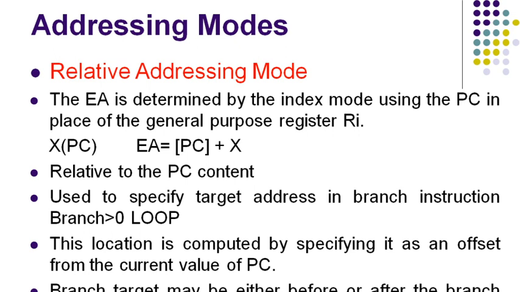Okay, assembly languages allow branch instructions to be written using labels to denote the branch targets. Loop is nothing but the label that is given to the branch target. When the assembler program processes such instructions, it computes the required offset value, that is minus 16 in this case, and generates the corresponding machine instruction using the addressing mode. Now what will the instruction be? It is minus 16 into bracket PC. Subtract this value from the value of PC. So that is X equal to minus 16, and take the contents of the PC.